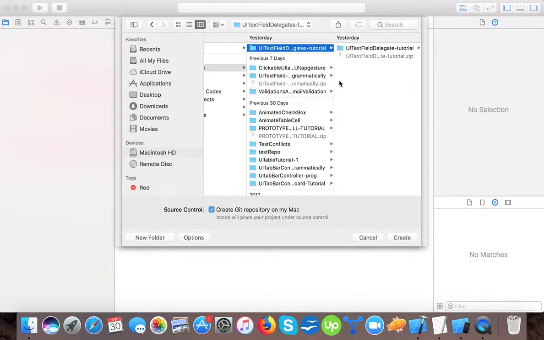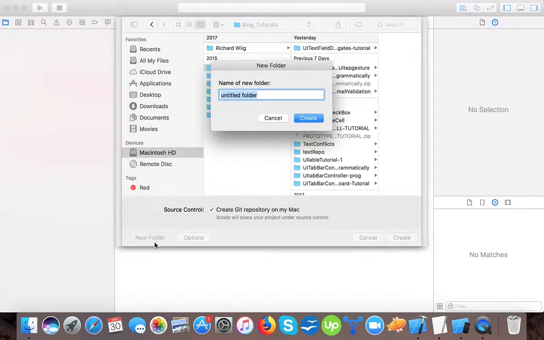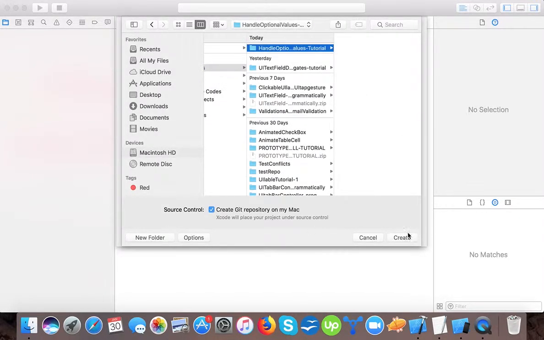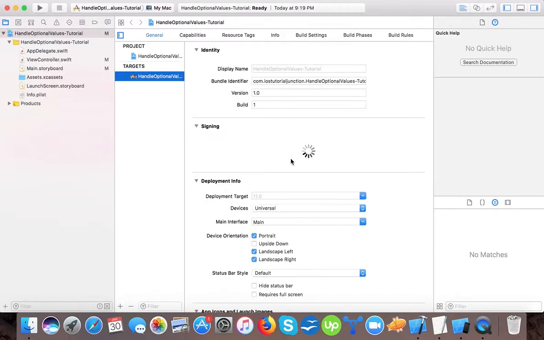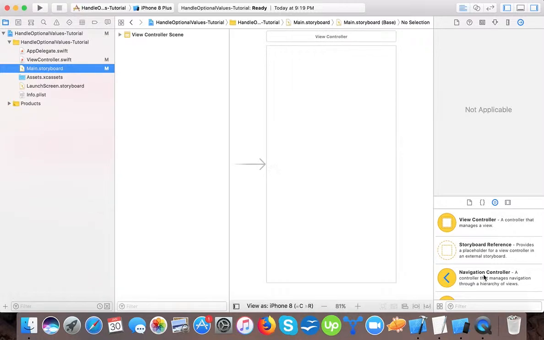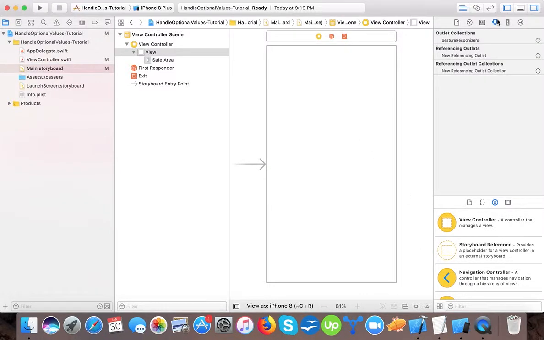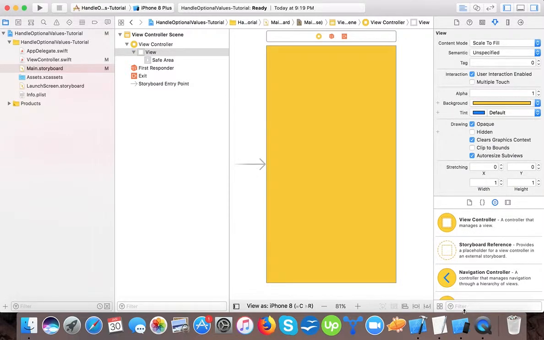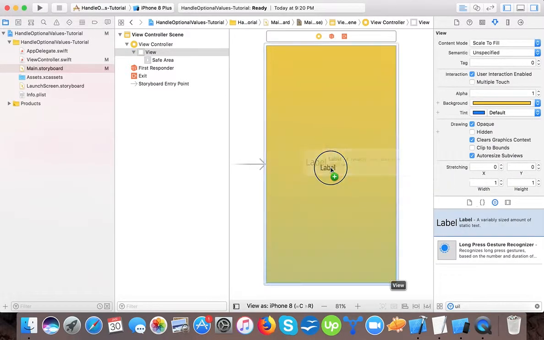Here we will create it in the folder, name it, and create our project. So here our project is created and now we will create the user interface for the app. First we will change the background color, then we will drag a UI label so that you can see the output directly,